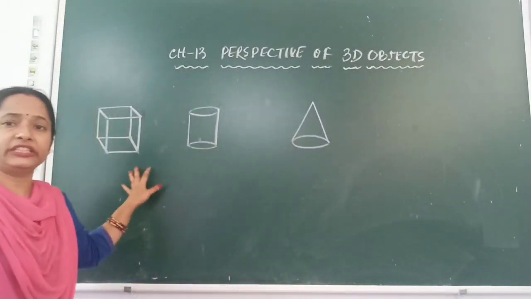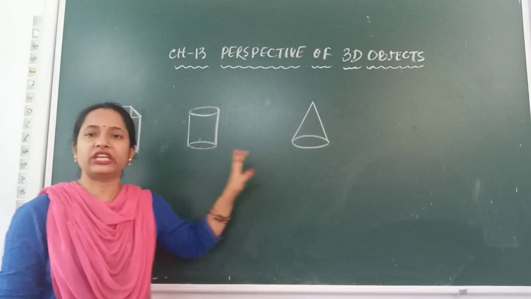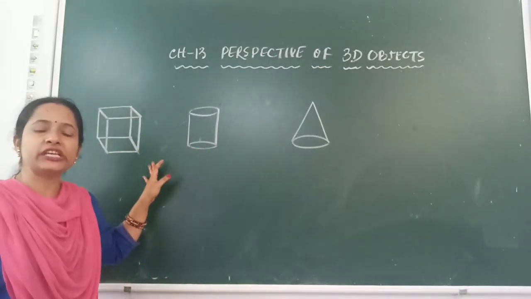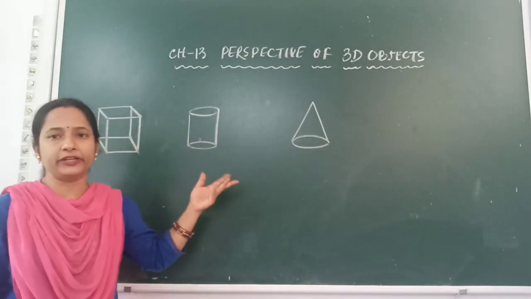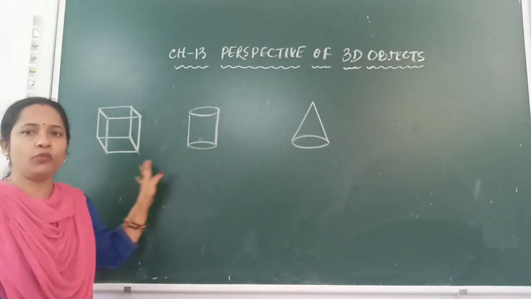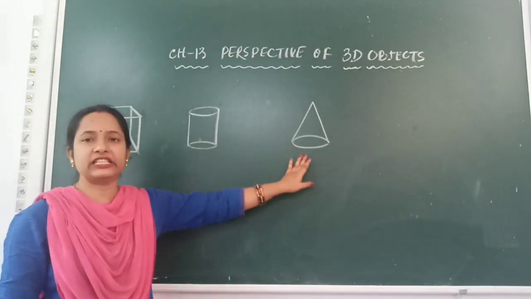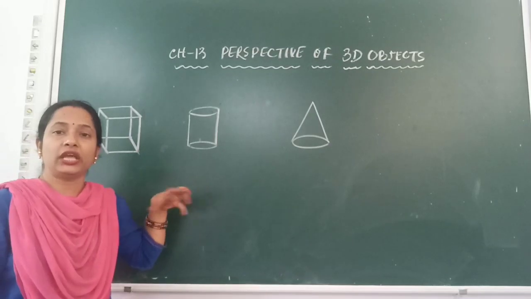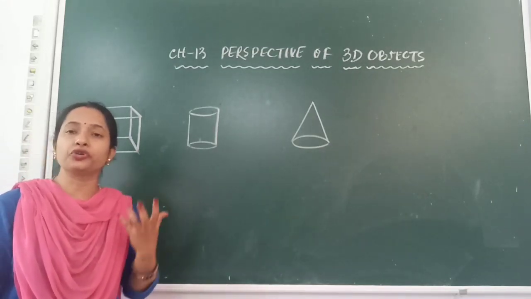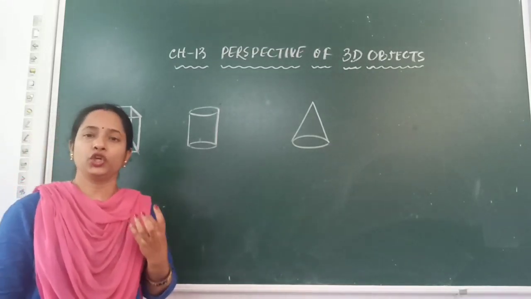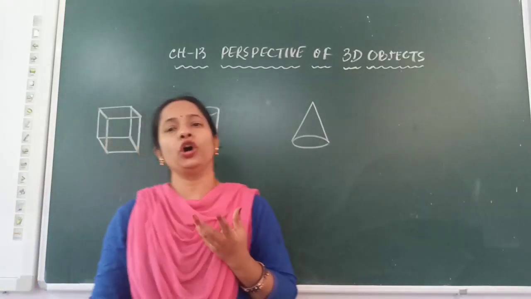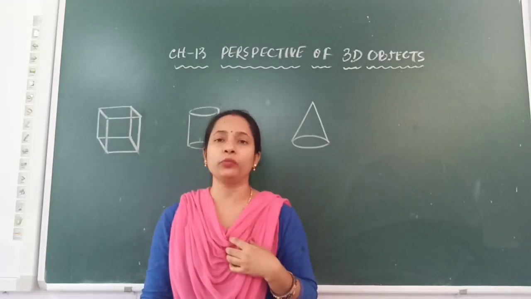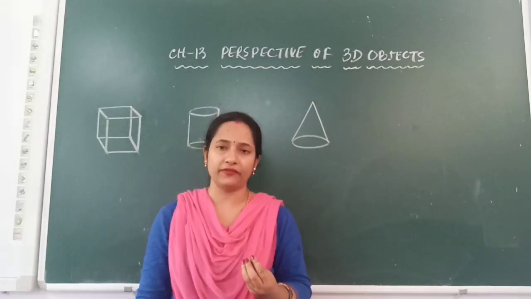Next, I have taken 3 different 3D shapes that are very well known figures to us. That is, we have already read about these figures in geometry, right? This is the shape of a cube, this is the shape of a cylinder, whereas this is the shape of a cone. So you can imagine and try to draw the different views of a cube. Children, I know you all must be playing with the Rubik's Cube, and many of you might have a Rubik's Cube at home.